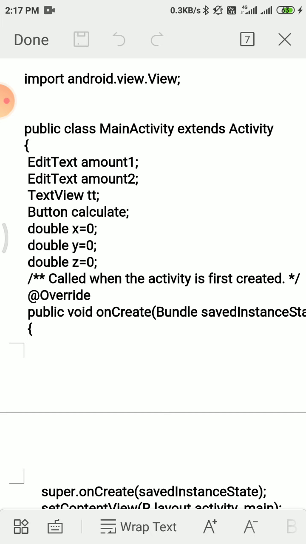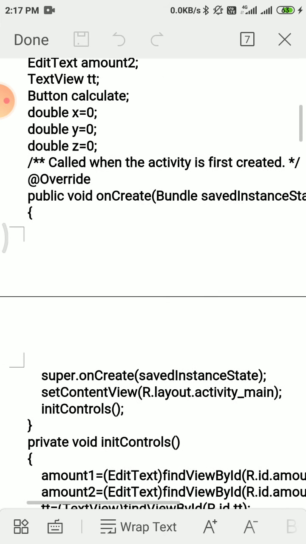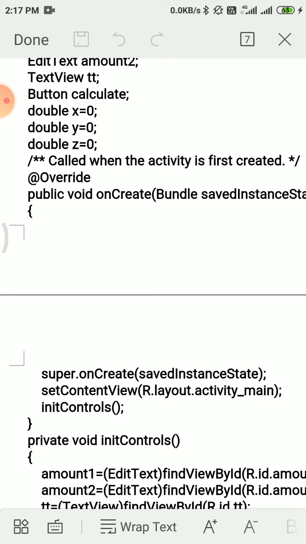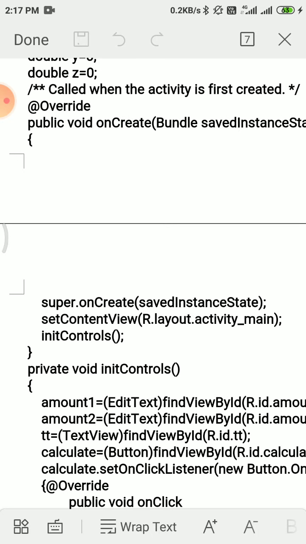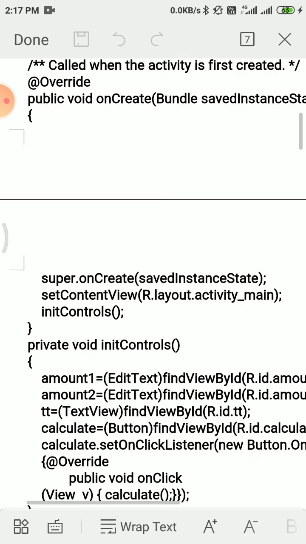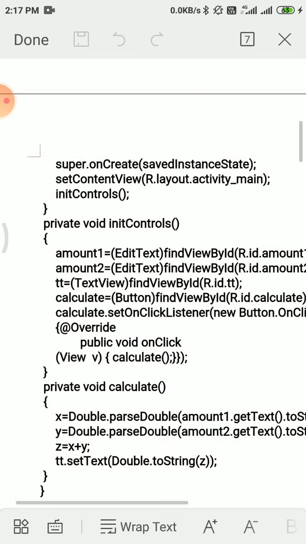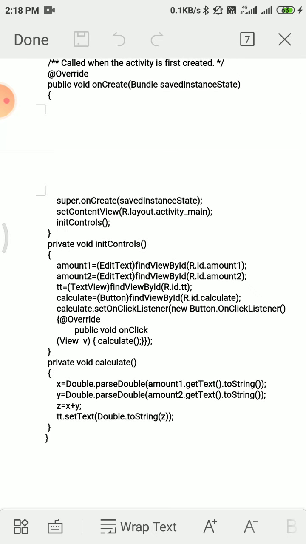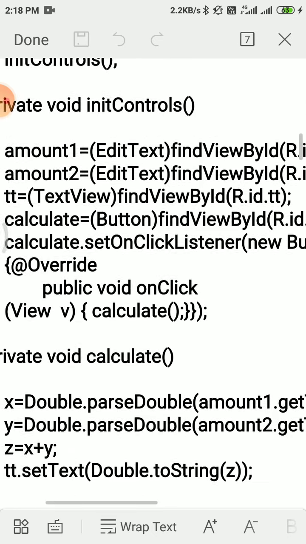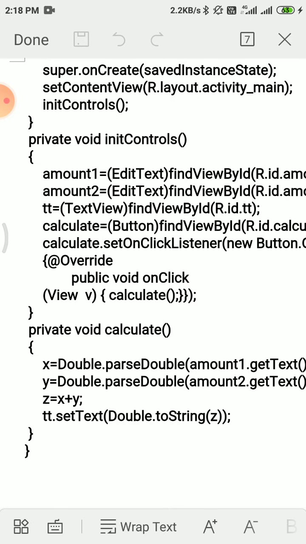Next, onCreate is one of the methods. It is called when the first activity is created. Once you click on the app on your mobile, this onCreate method is automatically invoked or called. It calls the R.layout.main file. After that, the init method is called. What is the main function of init control? It controls amount1 and amount2.